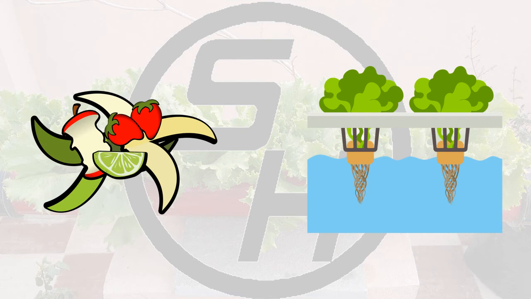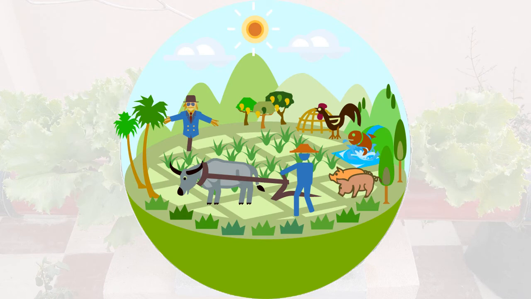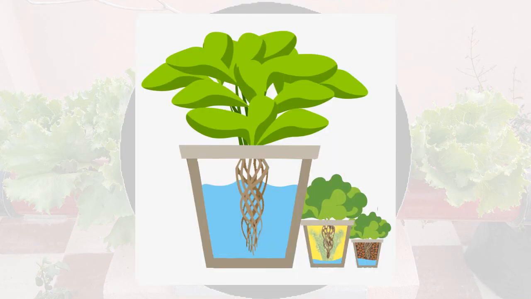Now, as we have seen the system of hydroponics, let's compare hydroponic and organic farming. Organic farming is more or less a symbiotic way of farming where each and every element, like animals, microorganisms, and humans, rely upon each other and the plants grow in a biodynamic system. Whereas hydroponics is completely an isolated system where the nutrient water gets recycled again and again, as we have seen in the case of water culture, so it is also known as zero residue farming.